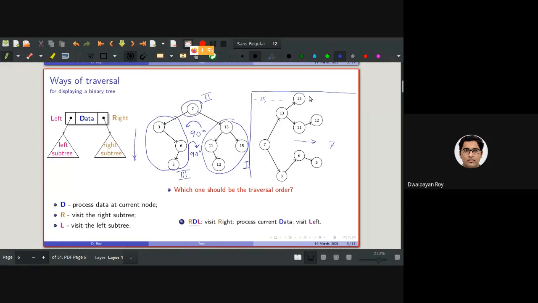Say if I add another number, say 42 as the left child of 15, it should be coming here. And then if I add another node, say 37 as the right child of 42, then as you can see the tree is growing in this way.